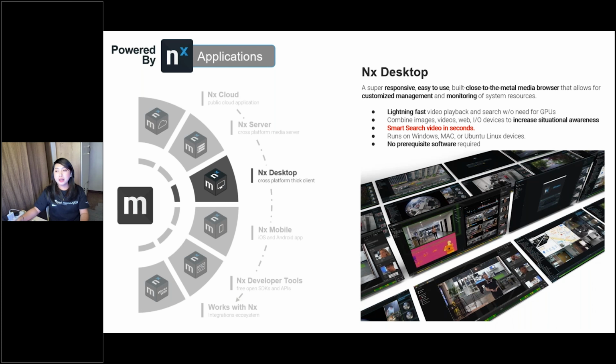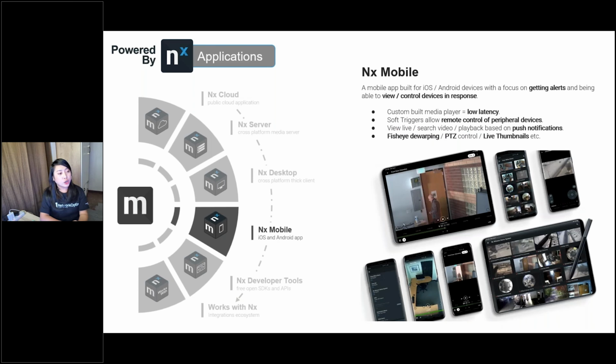And now Nx Mobile, an application for our phones, for iOS or Android. This allows users to remotely access their system just by using their phone. You can also use features like soft triggers, two-way audio, and PTZ controlling, the same as with Nx Witness.